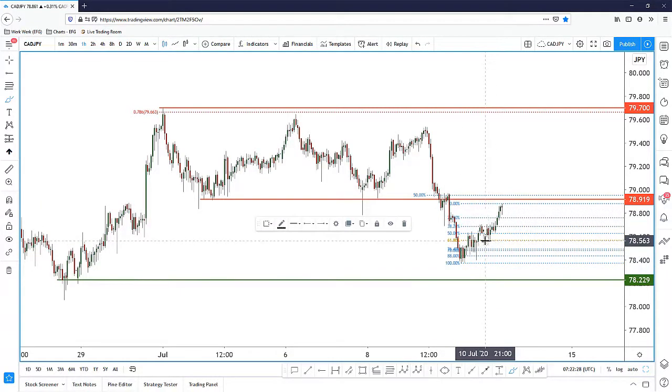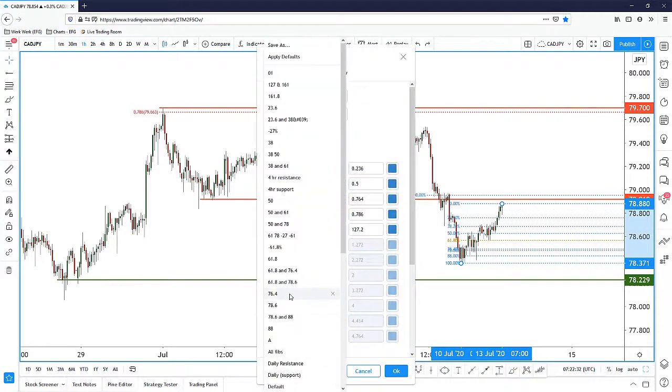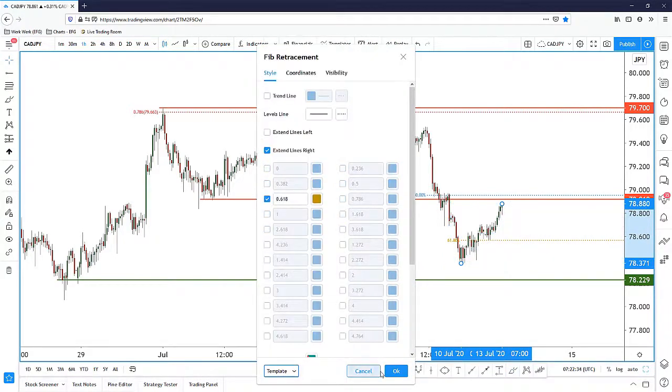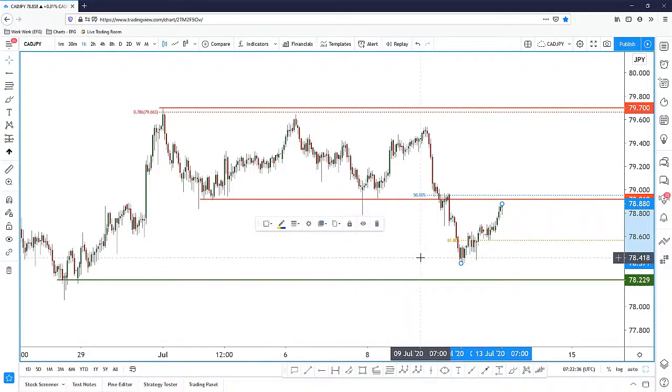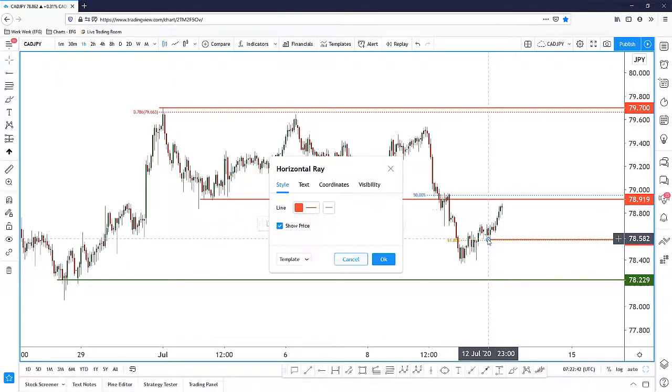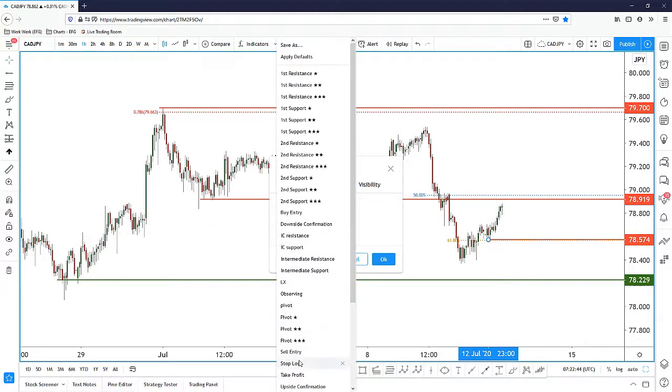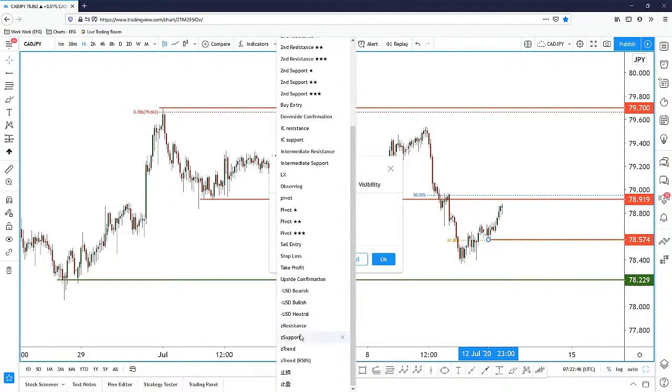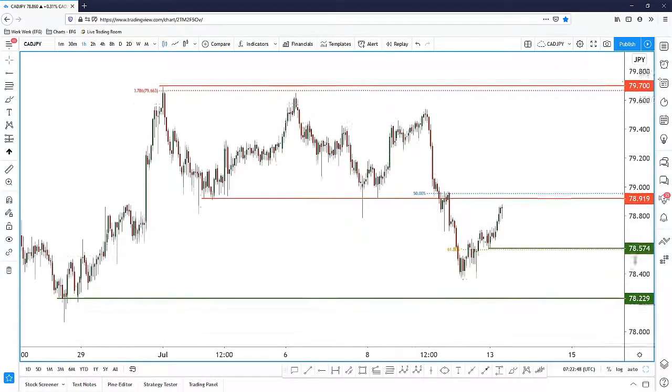We see that price is testing the 61.8 over here. So once we have this level, let's use a support in line with both Fibonacci and graphical. So this is a very nice